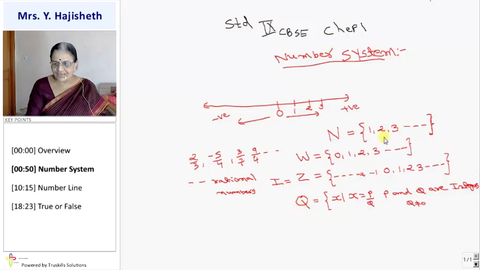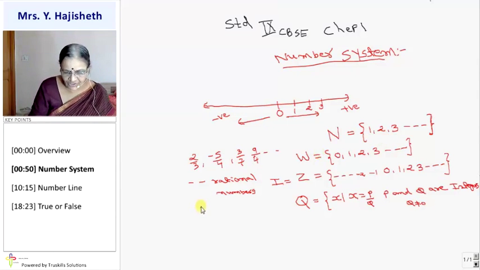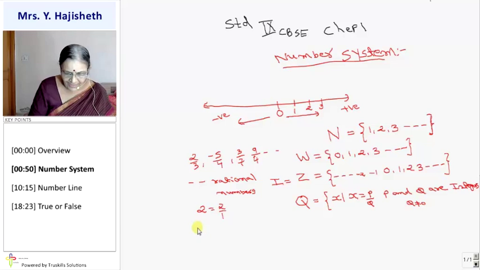So this N is for natural number, it comes from nature. So here every terminology has meaning. All the terminology is meaningful. So all natural numbers are rational numbers, because any natural number 2 can be written as 2 by 1. Every natural number can be in the form P by Q, ratio of two integers. Any negative integer also is of the form minus 3 by 1. Even 0 also can be written as 0 by 1.